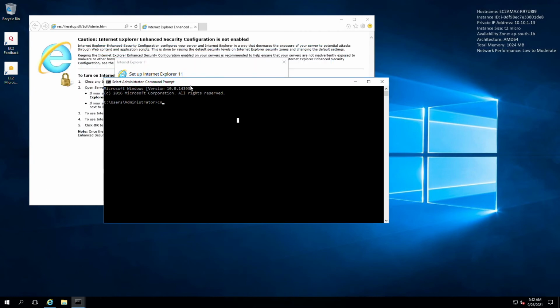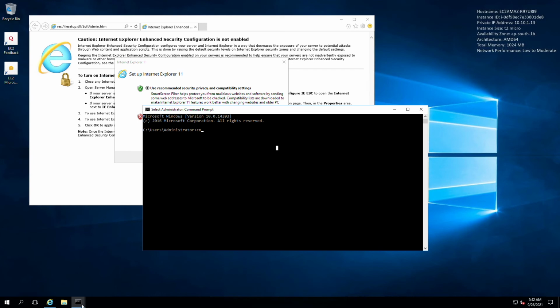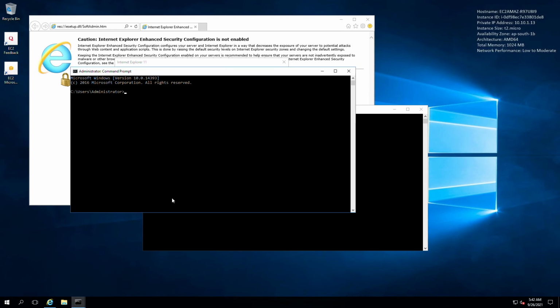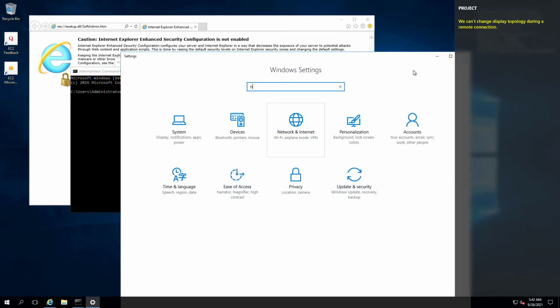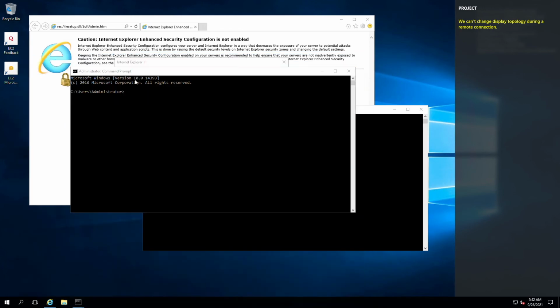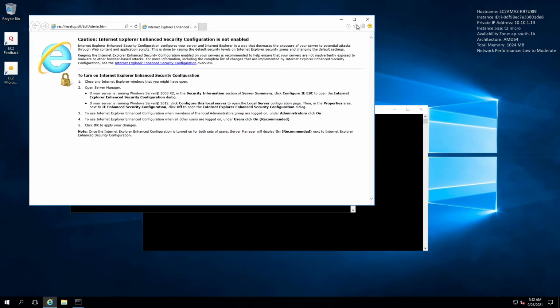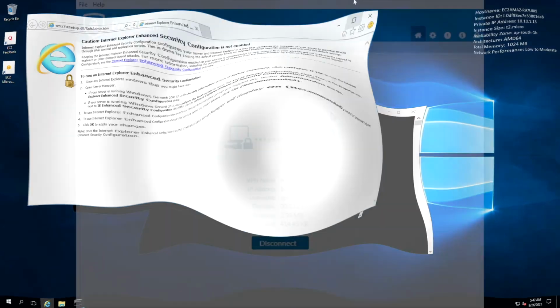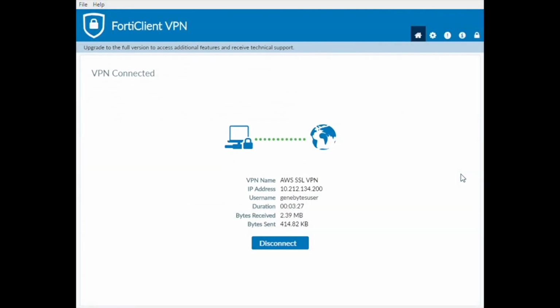My command prompt is not responding because it's a basic T2 micro VM. So I'm opening a new command prompt. Whenever I open the command prompt, the VM hangs. It's okay, fine. On the right hand side, you can verify the private IP anyway.